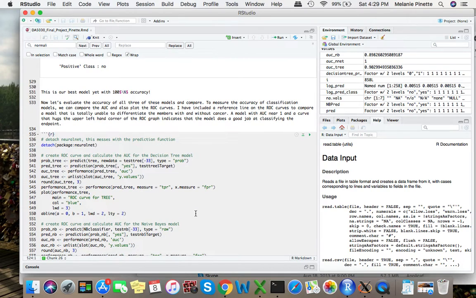So moving on to our rating of these models in terms of accuracy. The measure of accuracy is AUC, and we also plotted ROC curves with a reference line for a model that is totally unable to differentiate the members with and without cancer. AUC near 1 is perfect, and we prefer models in the upper left-hand corner of the ROC graph. So when we run this and compare,